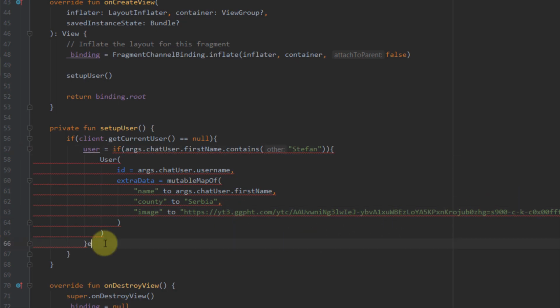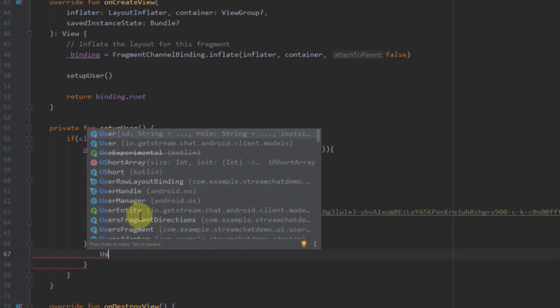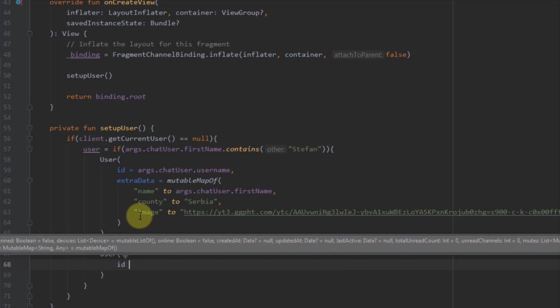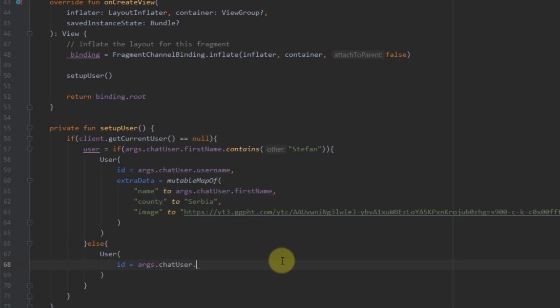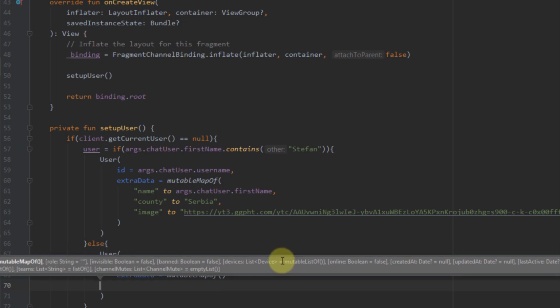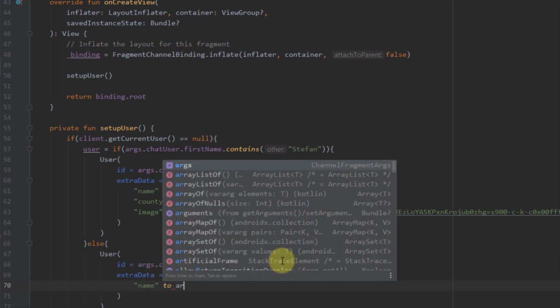And here in else block, so if our first name from our chat user argument does not contain this string, then I want to create some new user with some different values. So here for the ID I'm going to specify again the ID from those args, so chatUser.username, and here I can specify extra data, so mutableMapOf, and here I can specify the name to be the name from that argument as well, so